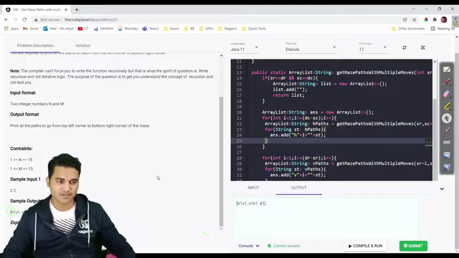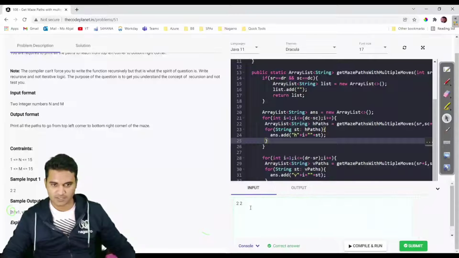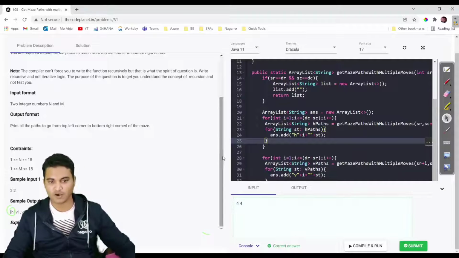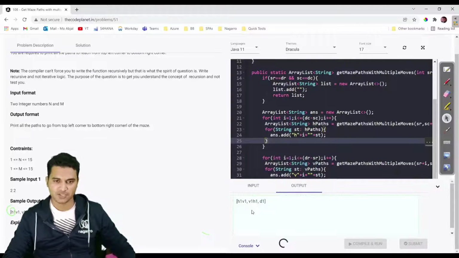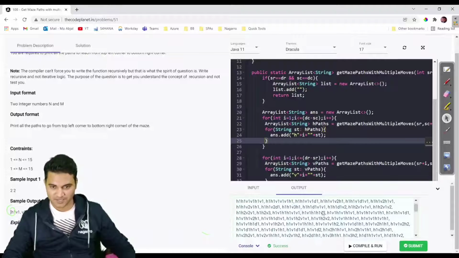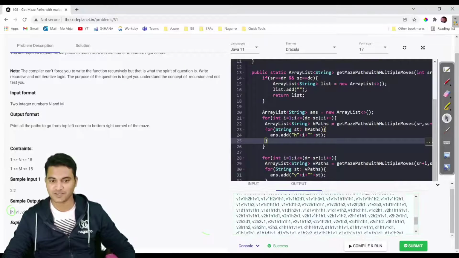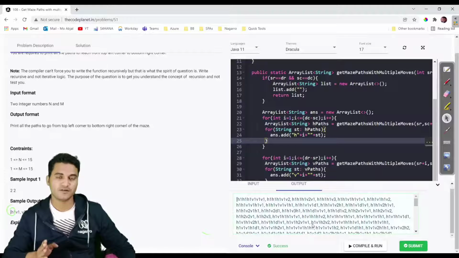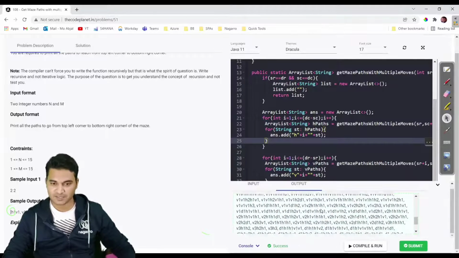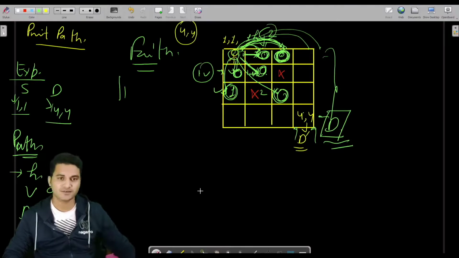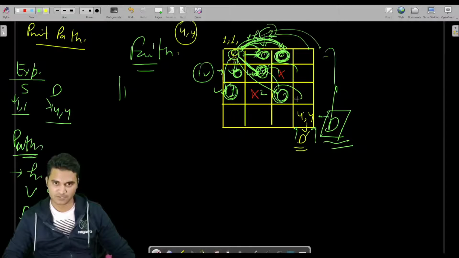So let us now try to execute it. Now we are getting the correct answer, that means our code is correct. Now let us try to execute it for 4,4. Let us see how many ways we have to reach from 1,1 to 4,4. Look at that, we have this many ways to reach from 1,1 to 4,4. And why are we having this many ways? Because look here very carefully, from each point you can have either 1, either 2, either 3. Let us see, if you have made one diagonal call, then from here also you have these many chances. Fine, so that is why we have